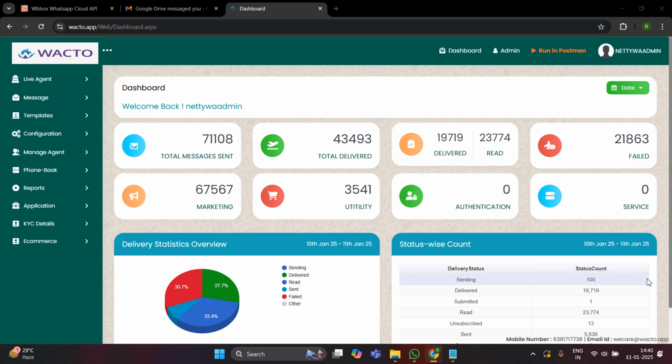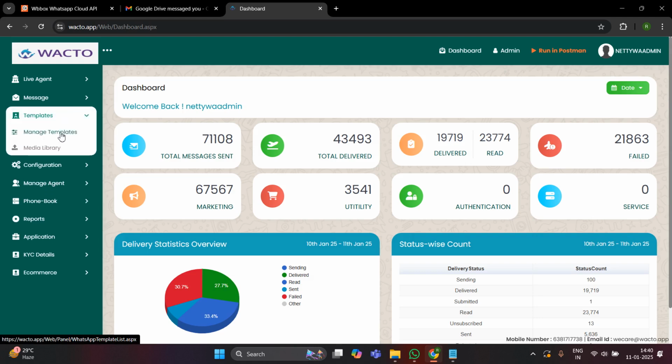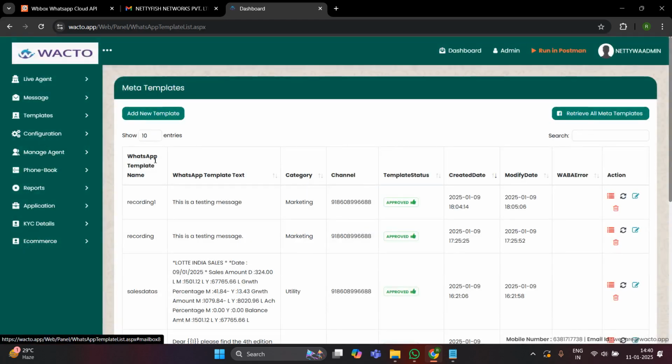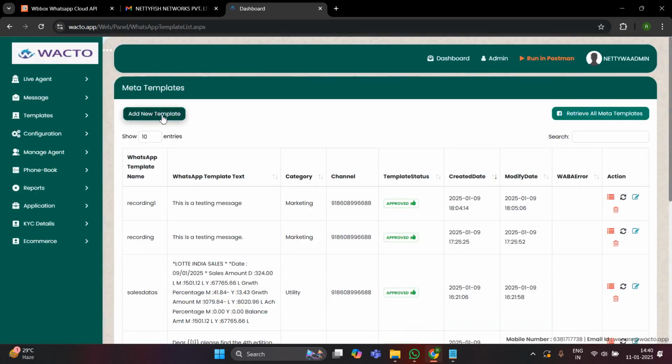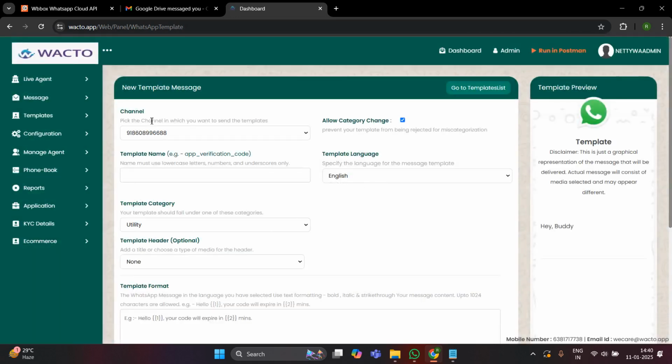So once the dashboard is logged in, on the left side you will be able to find this template option. So click that, you will be able to find the manage templates. Click manage templates, and once you open that, on the left side you will be able to see this add new template. Kindly select this, so the template creation page will appear. After that, make sure that your mobile number is selected in this channel, and after that